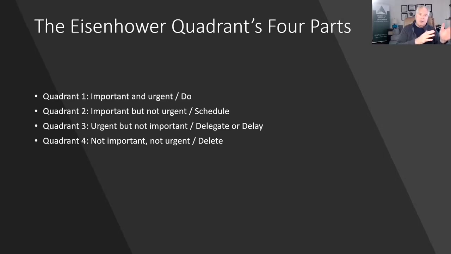Quadrant three is the urgent but not important. Those are the things that we need to delay, delegate, or ignore altogether. Or even more importantly, we need to get to the root cause of where those are coming from. For example, if you've got your team coming to you asking questions all day, every day, and you ever think, oh my God, why can't they figure things out on their own? They know this stuff. Why am I having to keep answering the same questions over and over again? For example, if that's ever you, it's not their fault. That's something you're doing wrong.